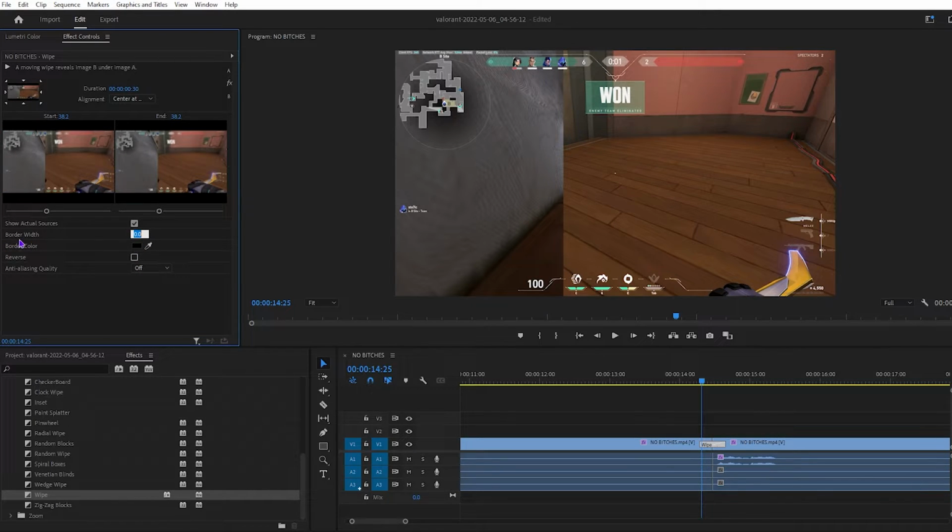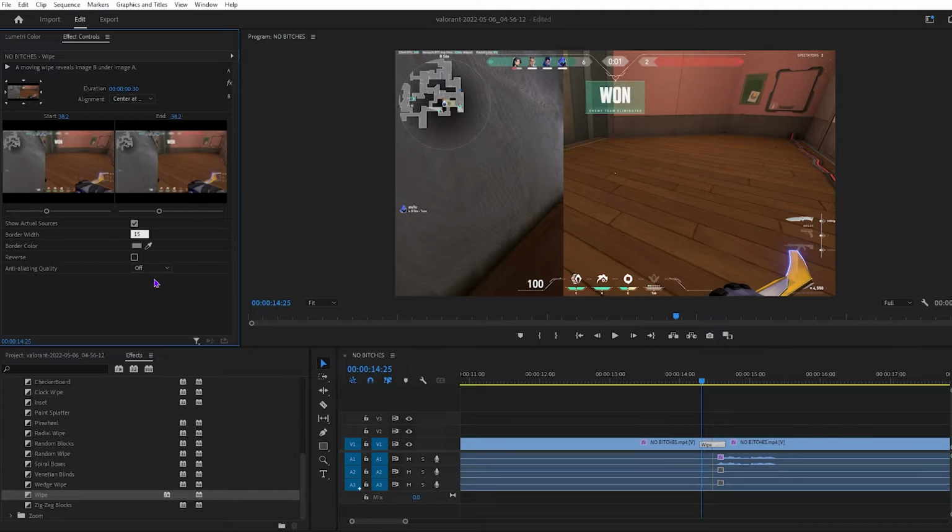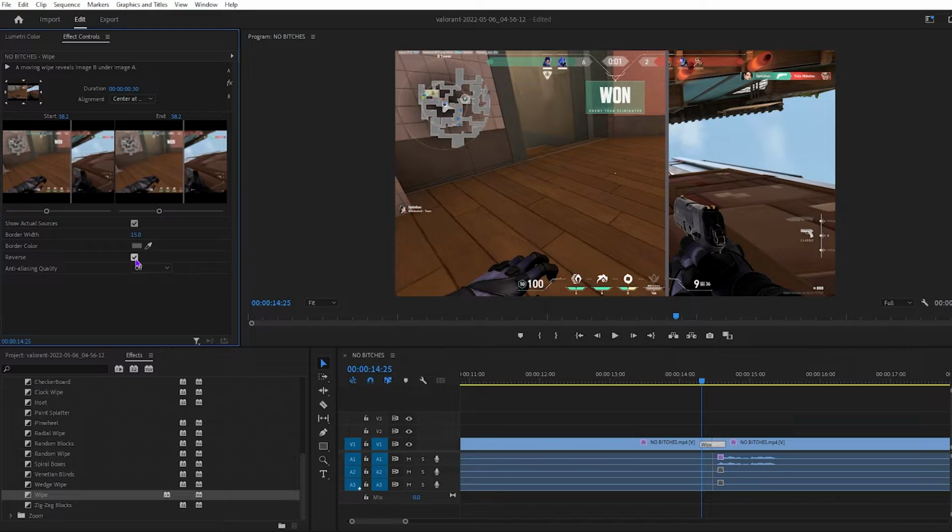And this is what is called a border width. So right here would be where the border is. So say I want, I guess, a gray border, so we'll go with a 15% gray border. You can select the drop tool and do that. You can reverse it, but